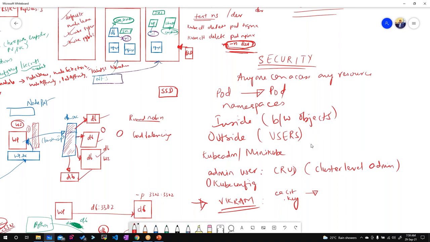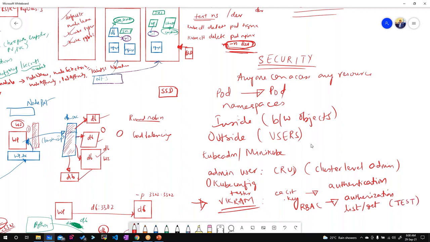Let's say this Vikram over here, he is a tester. What I'll do is I'll create a CA certificate, which is for authentication. That means that he can authenticate to the cluster. But he cannot do anything as of now. Now I'll create RBAC for him, role based access control. This indicates authorization. So authorization in the sense, I'll say this particular test user Vikram can only list resources or get resources, and that too from a namespace known as test.